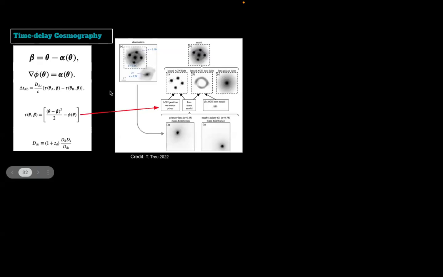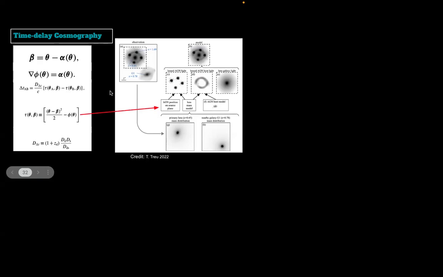Now, how will you measure the time delays? In the observation, you will have these kinds of images. This is a composite image you will see in the sky. I will show you some real images, but this is a simulated one. What you will see are 4 different images of one background source. And this one is your lens galaxy in the middle. And these arcs are coming from the host galaxy, which is in the background.